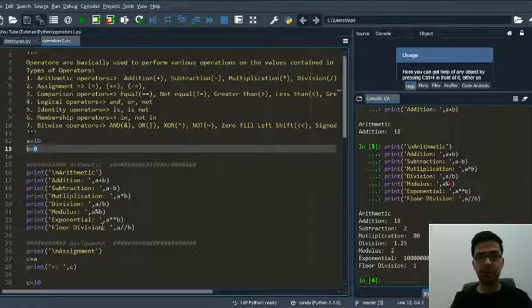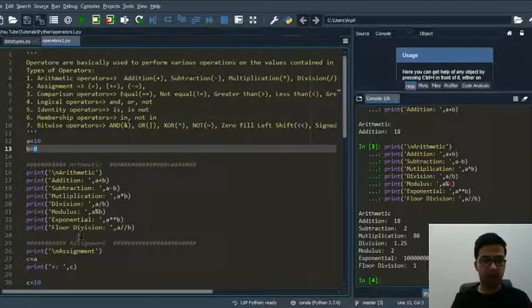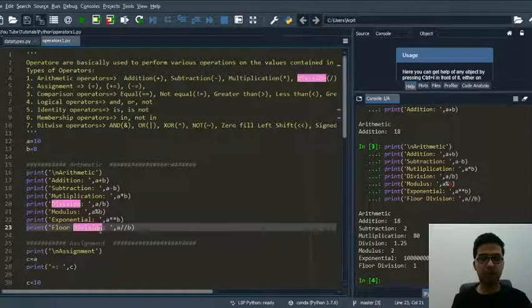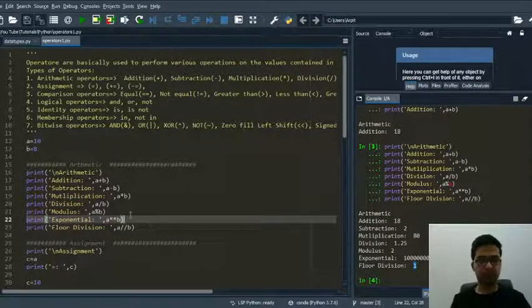This is also a function in the math package, where we have math.floor and math.ceil. You don't have to worry about this right now. Floor division is nothing but taking the result to the ground level after the division. Here we have 1.25, so the ground level of 1.25 is 1. Okay, so we are done with the arithmetic operators.